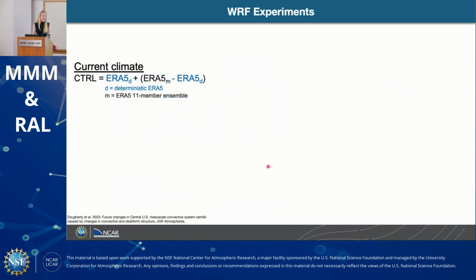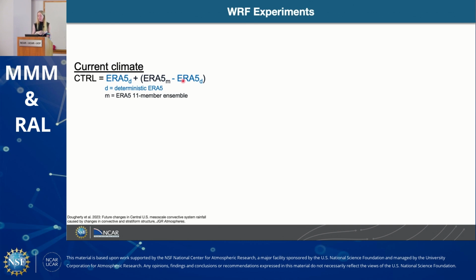In order to model these, I used WRF, and I simulated these 8 MCSs in a current climate. And I used an ensemble of simulations in a current climate forced by ERA5 reanalysis data. In order to capture the historical variability, I also added a perturbation from the ERA5 ensemble. They have 10 ensemble members. So I basically took the difference between each ensemble member minus the ERA5 deterministic and added that to the original